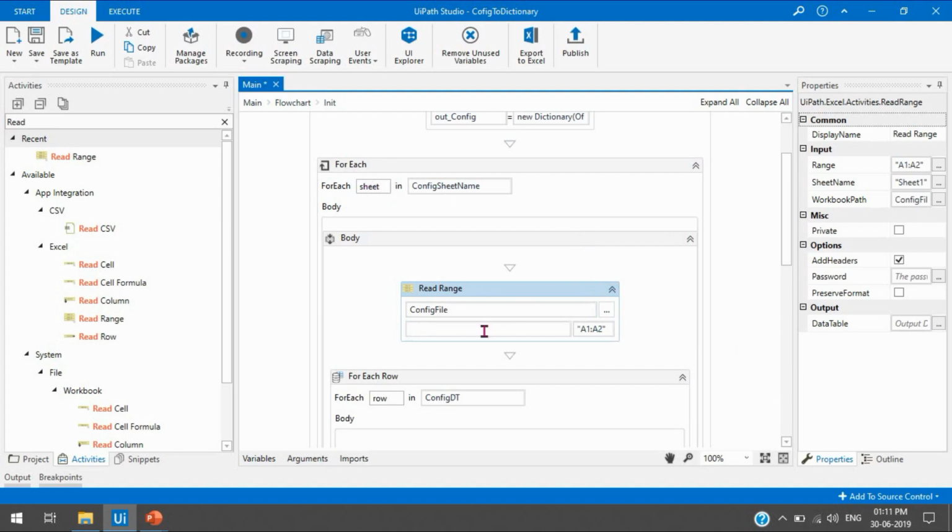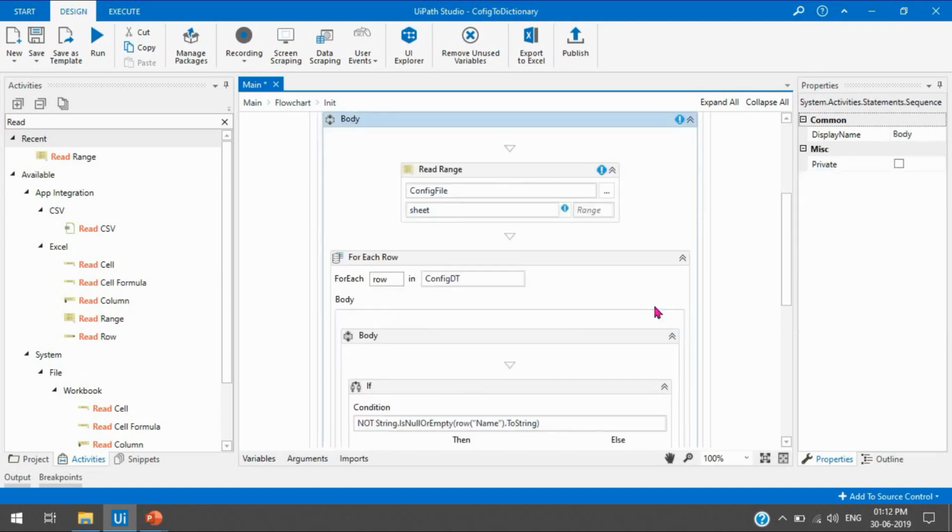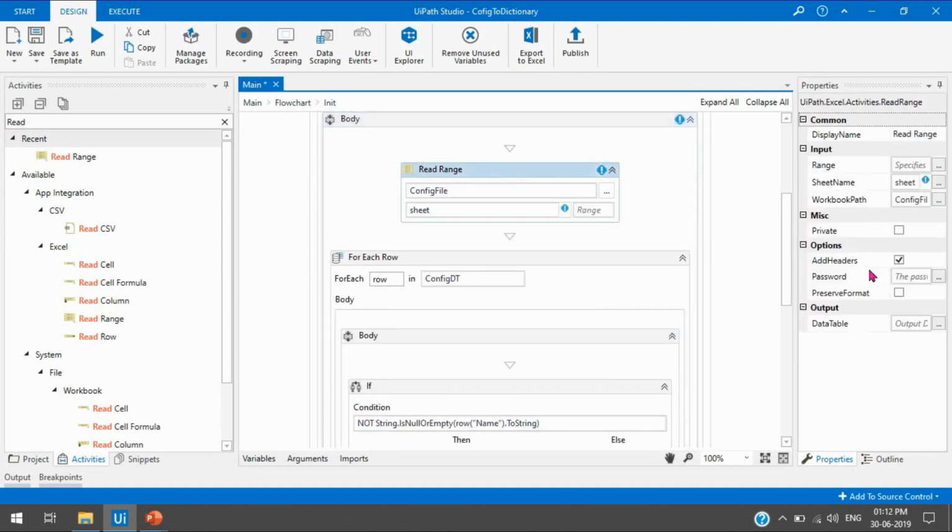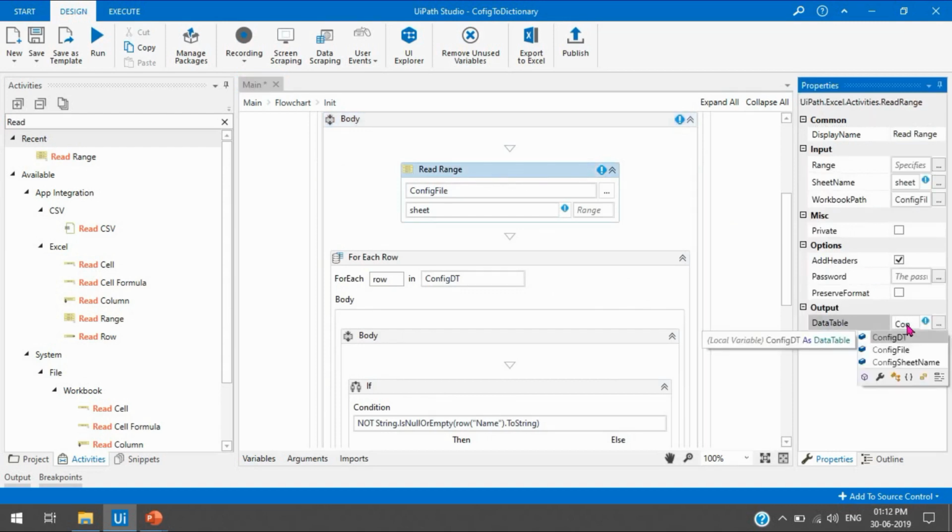This is the sheet name, so we'll just take it as a sheet. Whenever it changes, it will take a sheet, and next time it will add here SAP, and then again it will show assets, like this. Now remove this, and take the data table that we have already created, config dt.